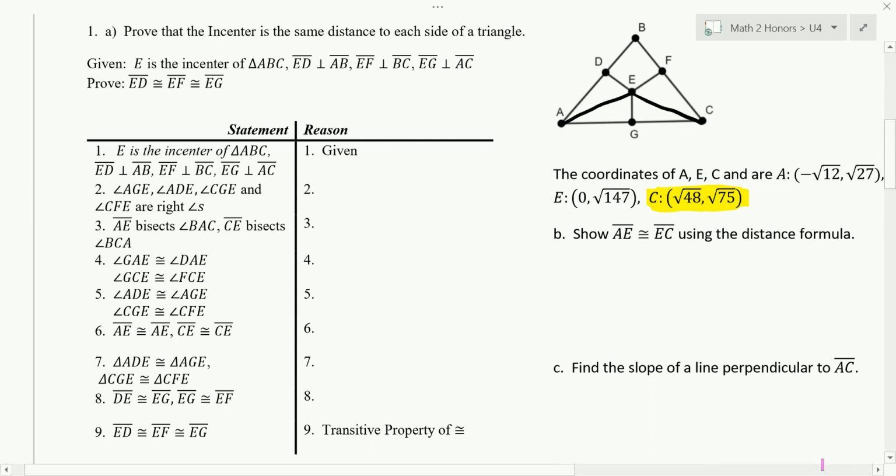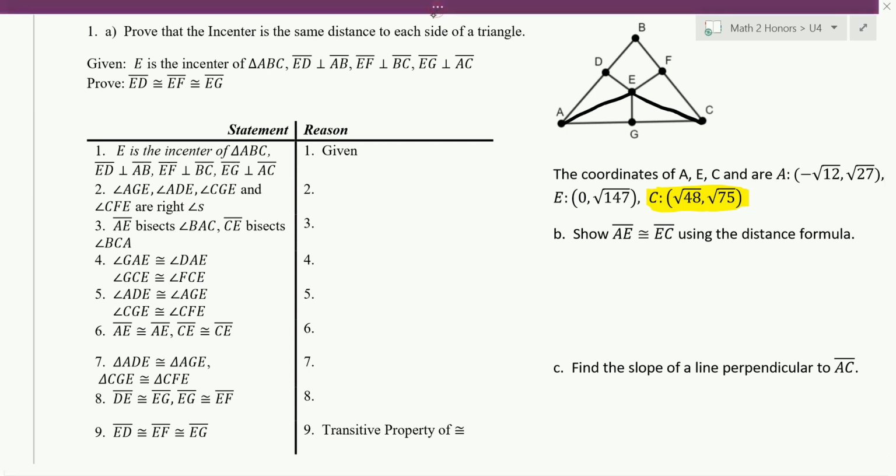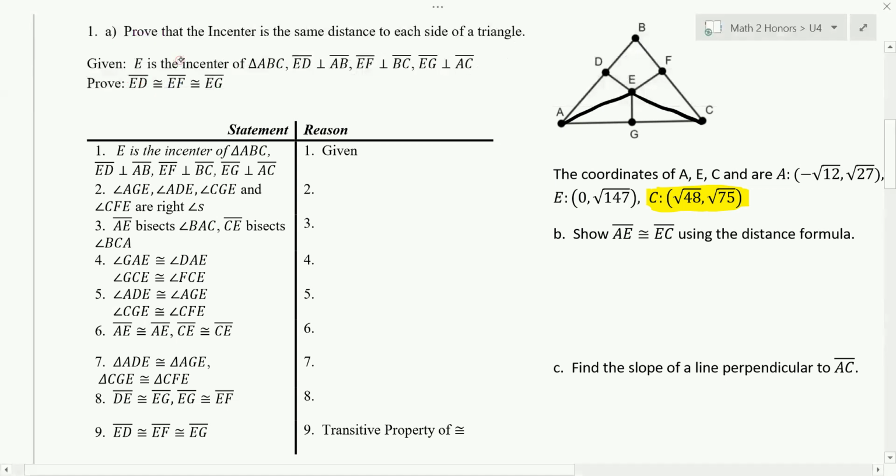The givens are that E is an incenter of triangle ABC, and that ED is perpendicular to AB, EF is perpendicular to BC, EG is perpendicular to AC. Those are given to us, and then the proof starts at line 2 and says that angle AGE, this angle here, ADE, this angle here,